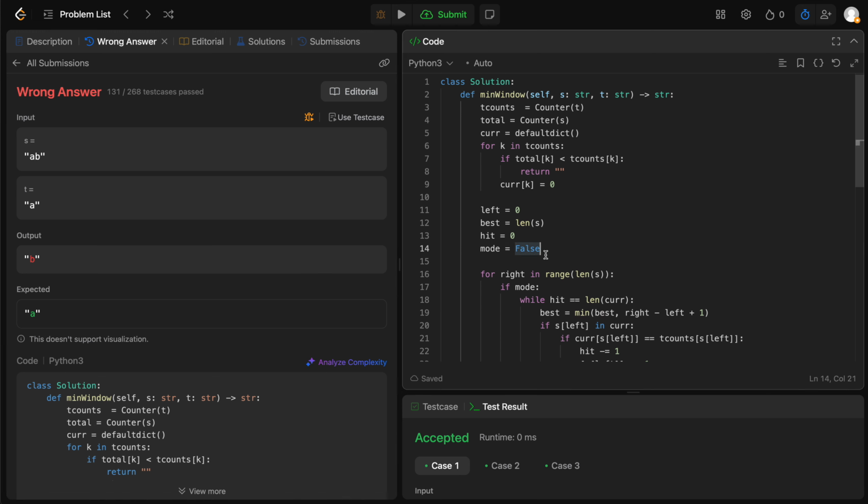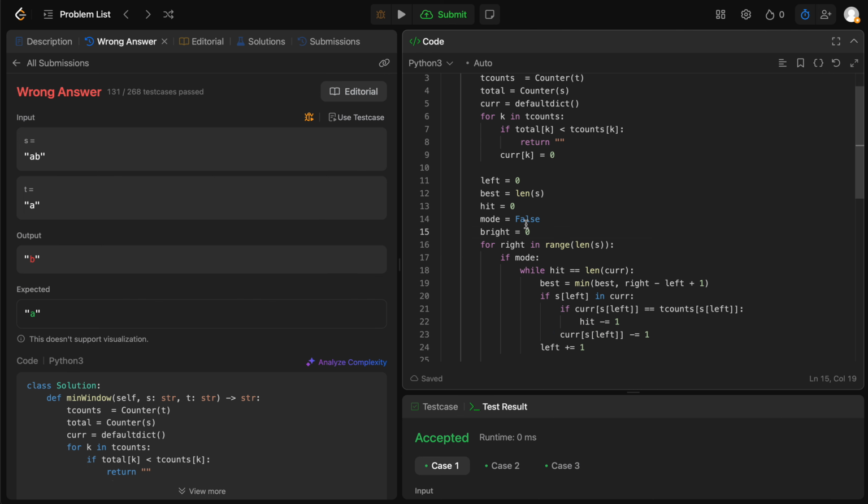I cannot use that. B right is equal 0. So